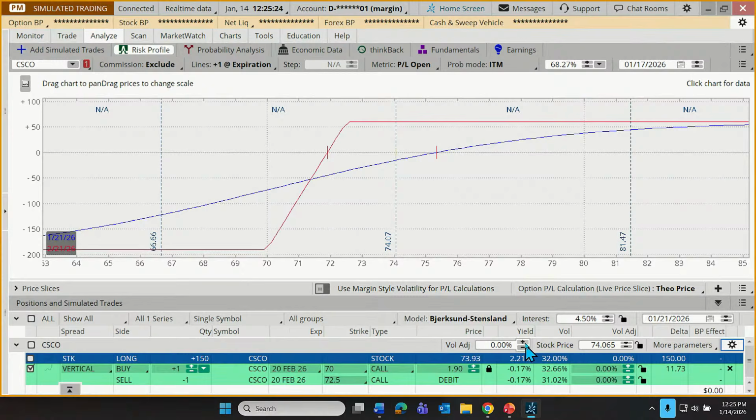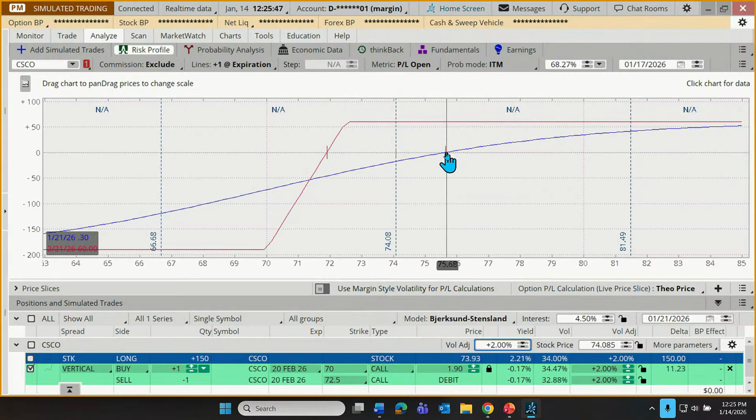Let me click on the volatility. I'm going to click plus. Let's start to dial that up again. And what's happening here? Uh-oh. In this case, it's not, because our stock actually isn't in the right position. Well, actually it is. In any case, this is where we can explore the impact of volatility. And you'll notice our break-even point is moving, our profit and our loss is adjusting. Let's dial this down again.